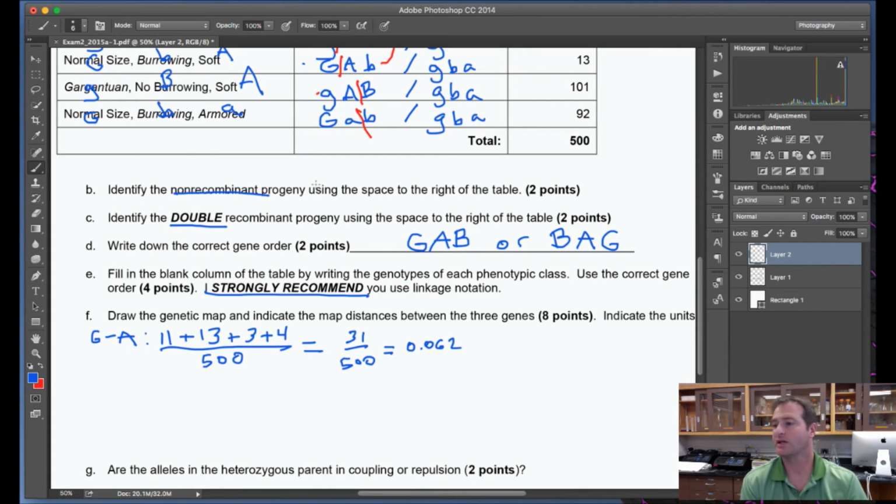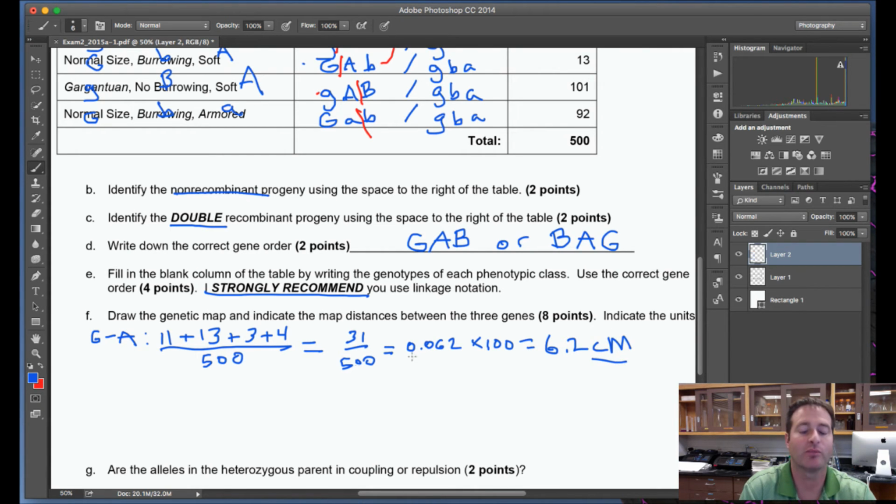But let's get a calculator and figure that out. You should remember to bring a calculator to the exam. Just to be sure, 31 divided by 500 equals 0.062. If we multiply that by 100, that equals 6.2